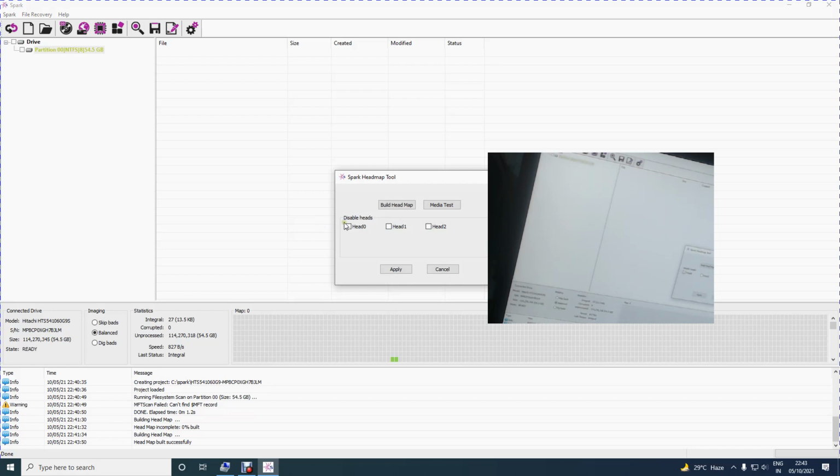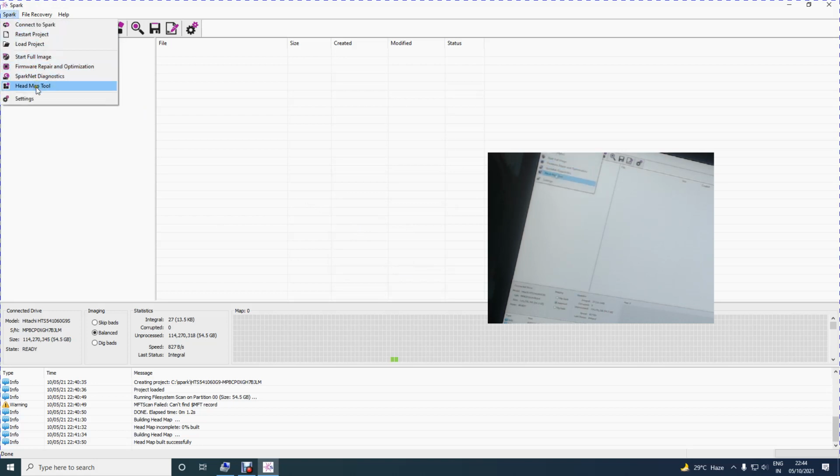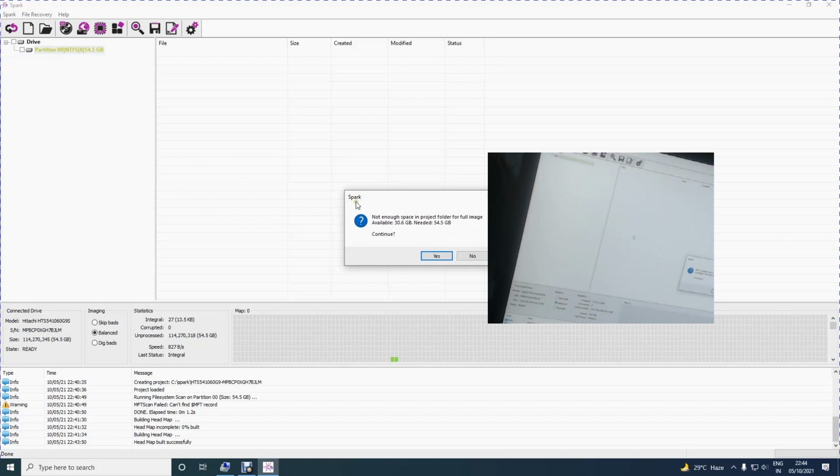Almost 100%, 3 heads. Now disable heads 0, 1 or 2. We do not want to disable any heads, so we click on apply. No heads have been disabled, and we will now image the drive. Start full image. It will tell us that there is not sufficient space.